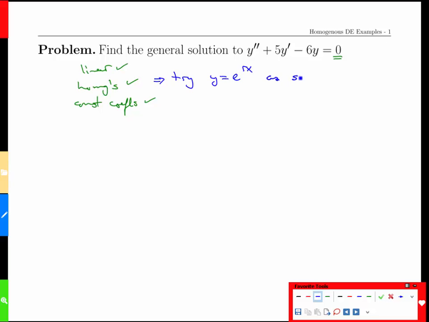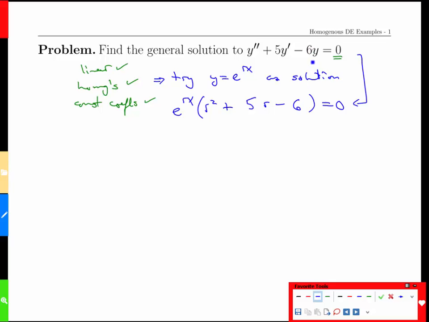as our solution. And what we're going to see there is we've done this once in the general case, so we're going to jump straight to the answer here. When we take y double prime, we'd get an r out and another r out, we'd have r squared. For y prime, we'd have an r times e to the rx, but we're going to factor that out. In fact, let's write it this way. If we were to do this completely,